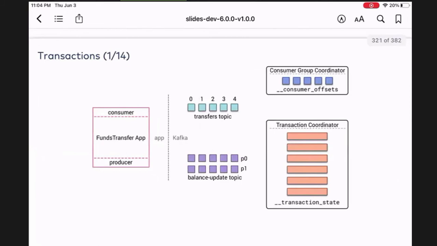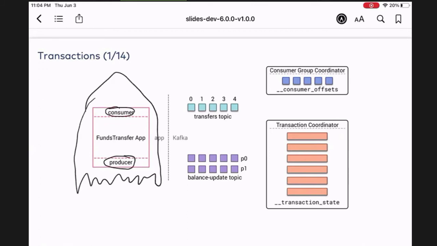But let's do a walkthrough of this real quick. And after we do a walkthrough of this, there'll be a good time for a short bio break. So assuming that this is a Kafka Streams application, notice how it has a consumer here and a producer, right? So this is like your Kafka Streams application. I'll draw this. And this is called the Fund Transfer app. It wants to be able to transfer some money from one account to another, right? And that's what this picture here is all about. So we want to walk through this in just a second.